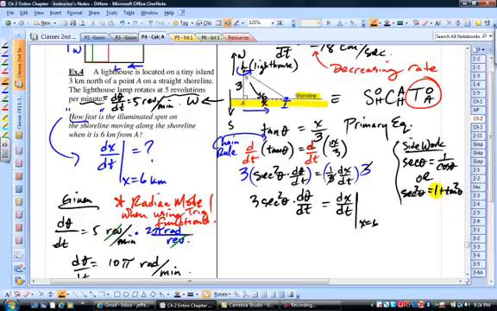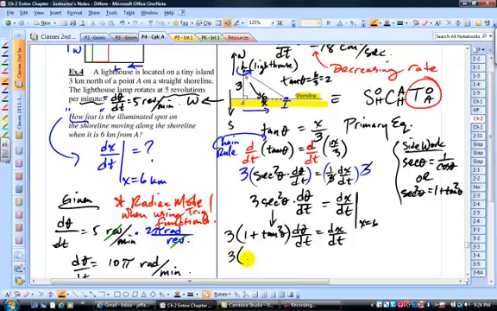So from the diagram, I can substitute in here 3 times the quantity 1 plus tangent squared theta, times d theta/dt, and I could use my knowledge of tangent and make a substitution there. By looking at the diagram, I know that tan theta is 6/3 or 2. So I can substitute 2 in here and square it. That'll probably be the easiest approach. So I've got 3 times the quantity 1 plus 2 squared times d theta/dt, which we know is 10